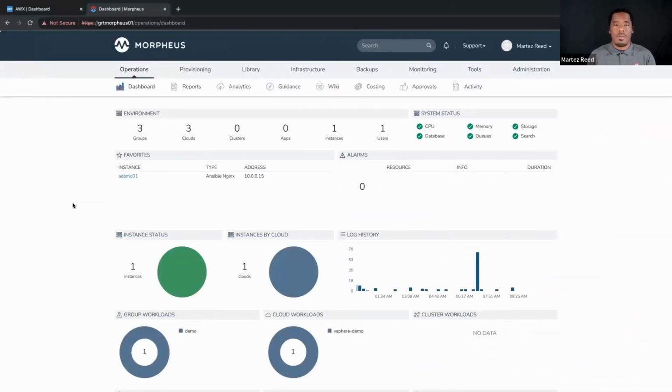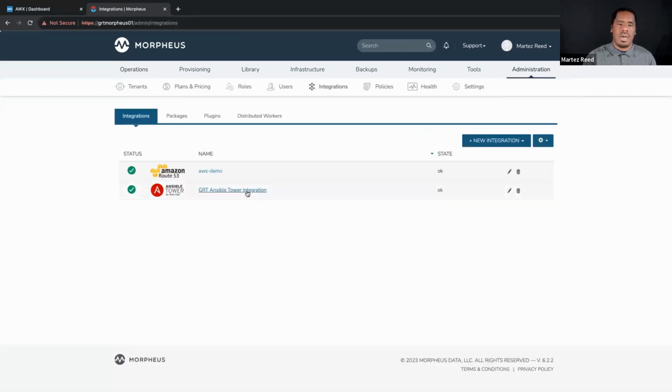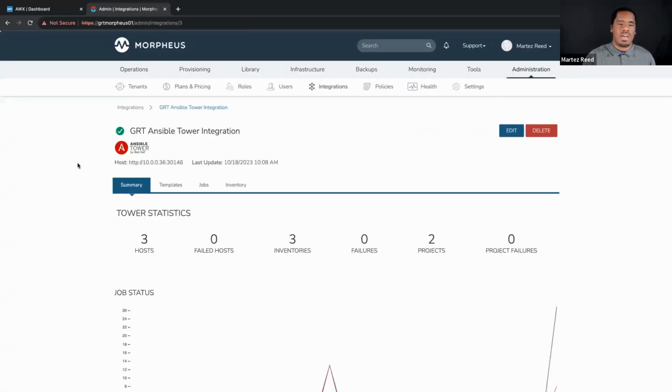So here we are in the Morpheus platform. One of the things that I mentioned was that initial integration. So if I come to administration integrations, we can see that I have an Ansible Tower or Ansible Automation Platform integration. And so there's a number of pieces of data that we're able to pull back into the Morpheus UI about this particular environment. In this particular example, I'm actually using AWX, which is the upstream version of Ansible Tower,